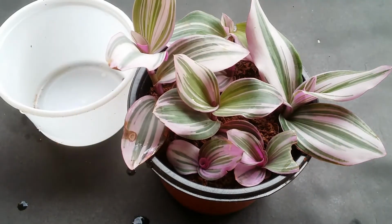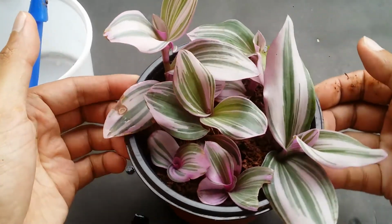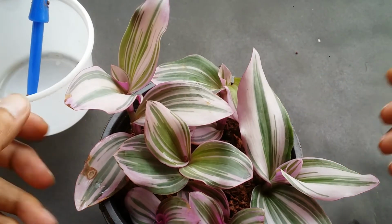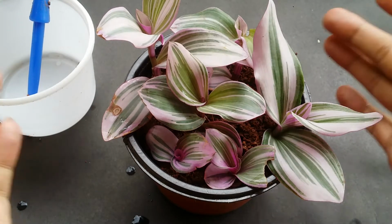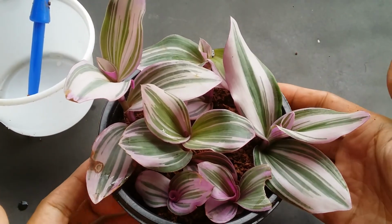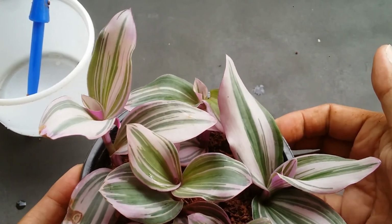Now what I have noticed on this plant, I may be wrong, is that Tradescantia Nanouk has a very thick stem, and unlike other Tradescantias, which tend to trail down and have a very thin stem, Tradescantia Nanouk tends to grow vertically and has a very different type of stem. The stem is very thick. So probably I think this is why